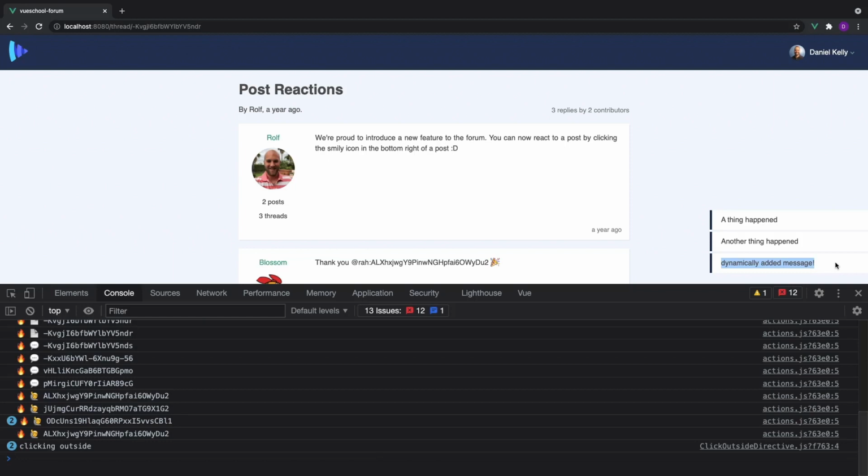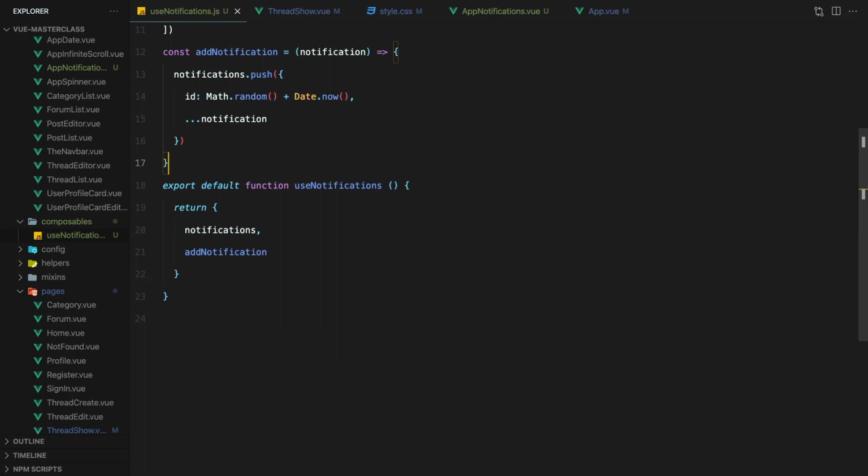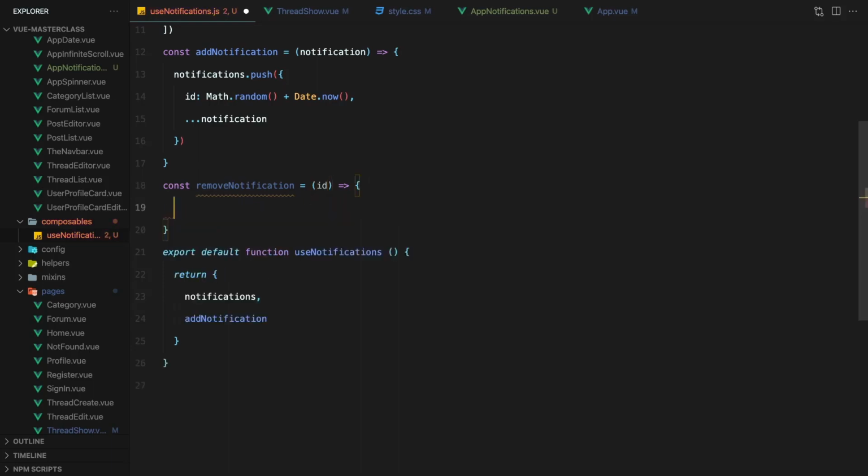Of course, it also makes sense that we should provide a way to remove a notification. We can do that with another function in the composable. It should take in the ID of the notification to remove, and then we can find the index of the specified notification.